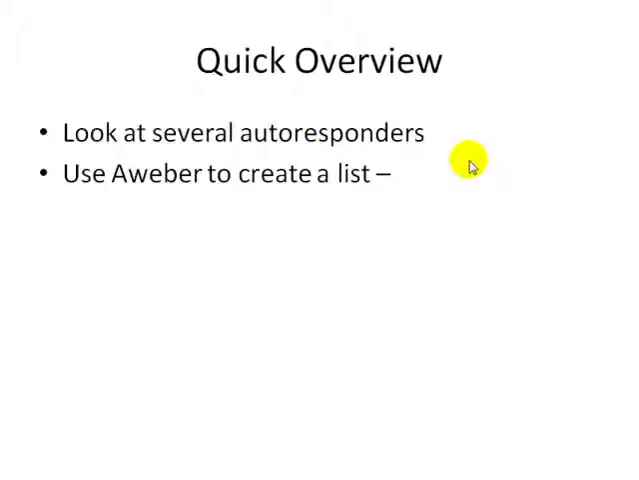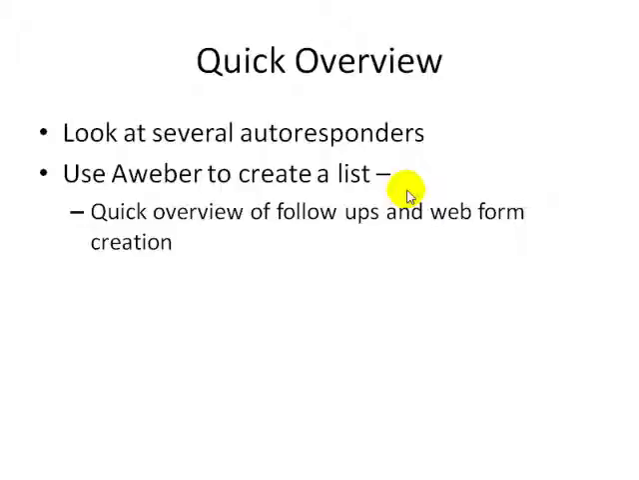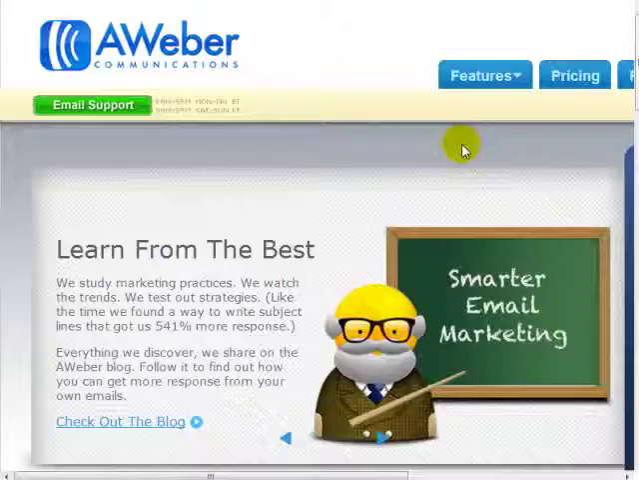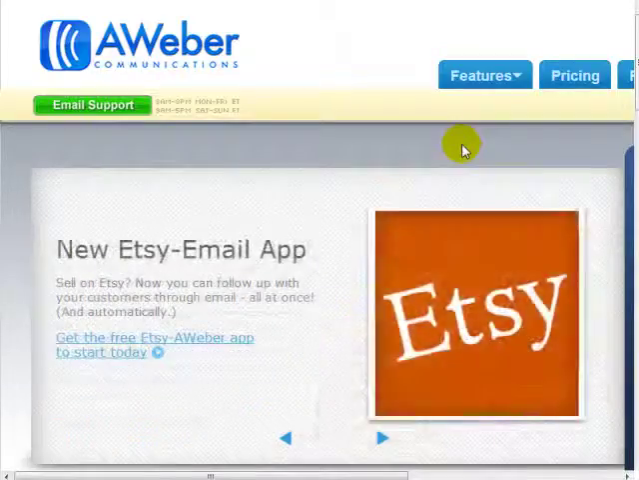Now, in this specific video, we're going to be using Aweber, which is a specific autoresponder, to create a list. And then I'm going to give you a quick overview of creating the follow-ups and talk about the web form creation. We're going to create the web form, we're going to grab the code, and we're going to add it to the WordPress sidebar. Now, while I highly recommend that you go to Google, you go to forums, you figure out which autoresponder is best for you,